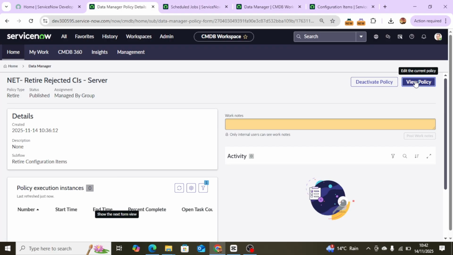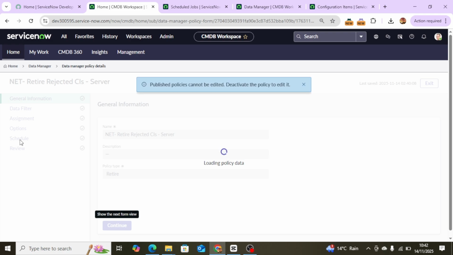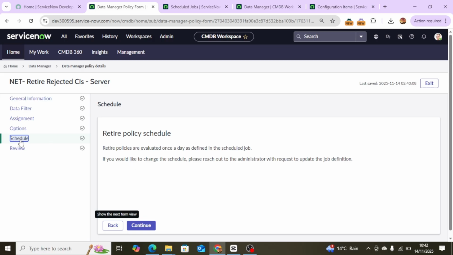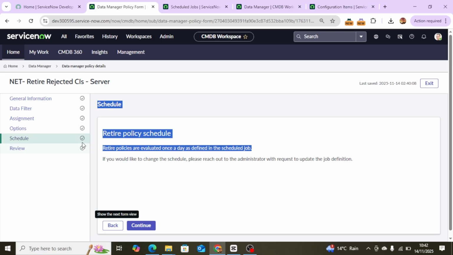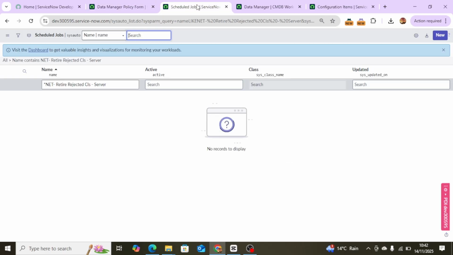I'm just clicking this view policy. Go to the schedule, because only this schedule will have the schedule job name. To change the schedule, okay, so retire policies are evaluated once a day as defined in the schedule job. So here